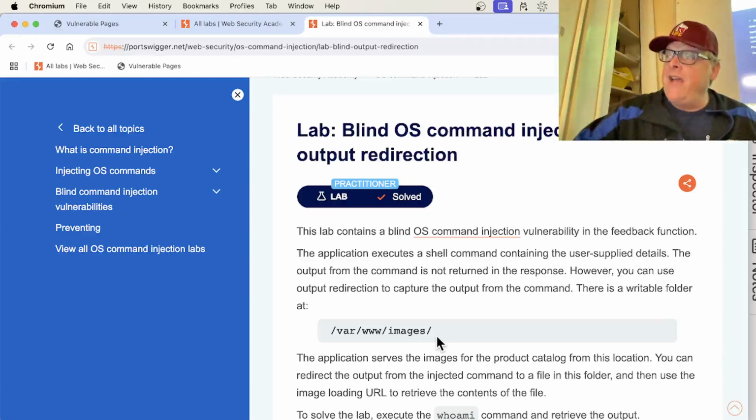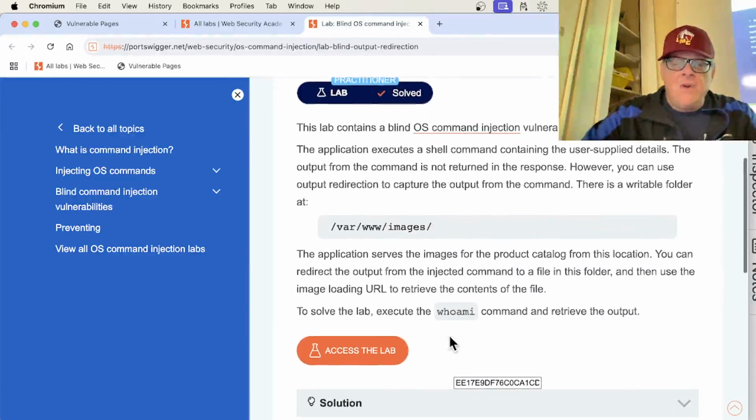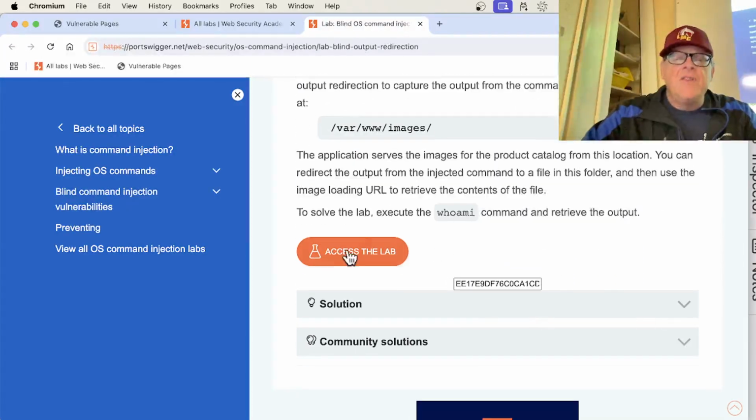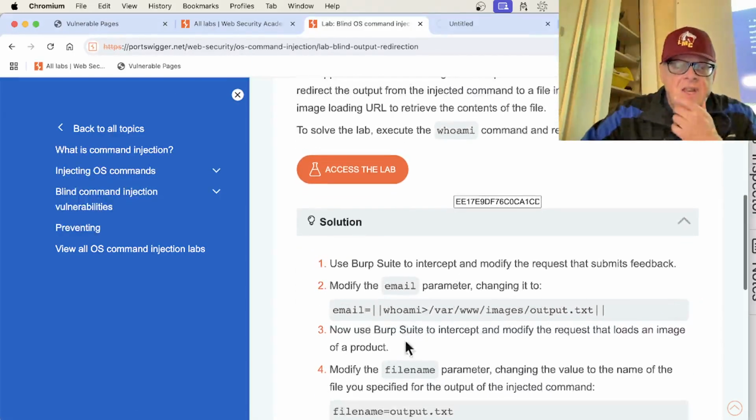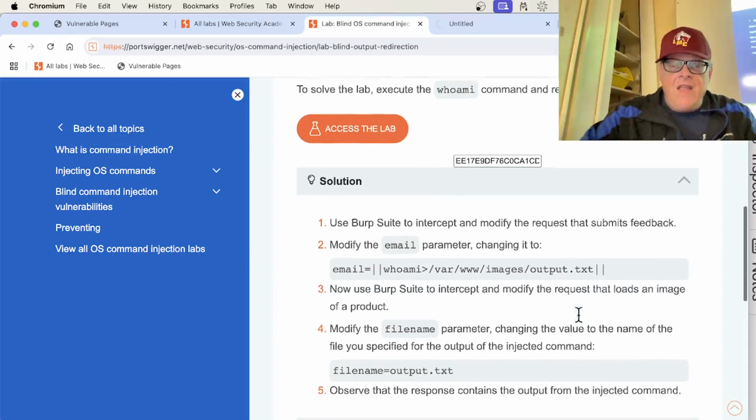Drupal server I had, where you could run a script and you could run commands, but you had to send the output into a file, which you then look at. You had to keep making a different file. So let's get this running and take a look at their solution. They say in the email, you do whoami, and then you send it into var www images output.txt, and that'll create a file. And then